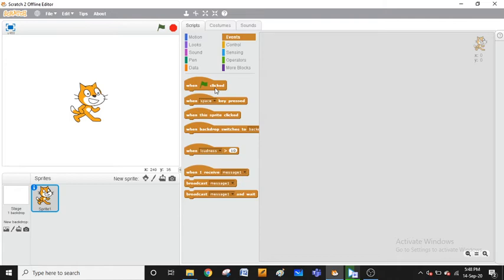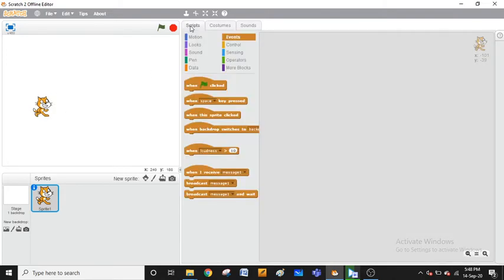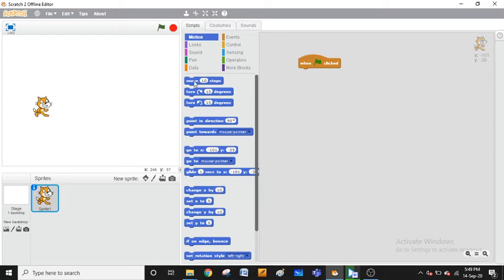Let's see. If you want to decrease the size of your sprite, you can do that by clicking on costumes and decreasing the size of the sprite. I kept my sprite here. So when flag clicked, next from motion I'm taking move.